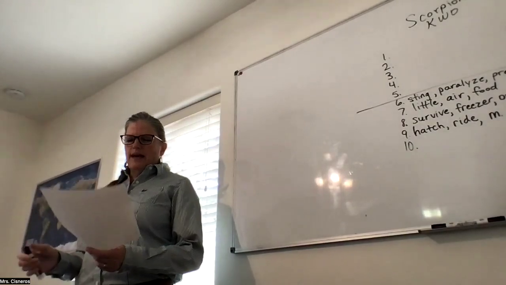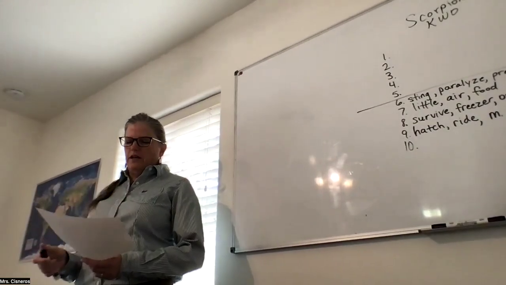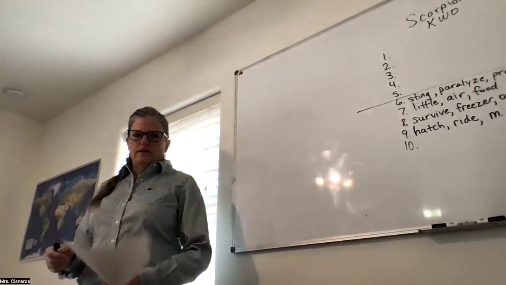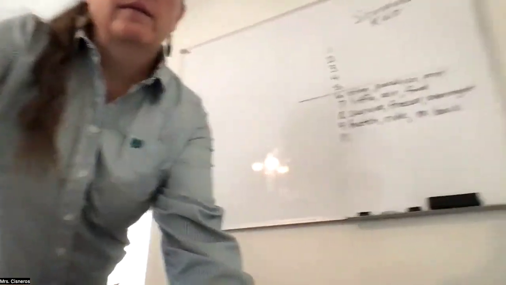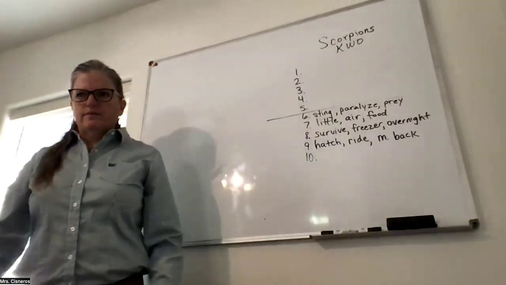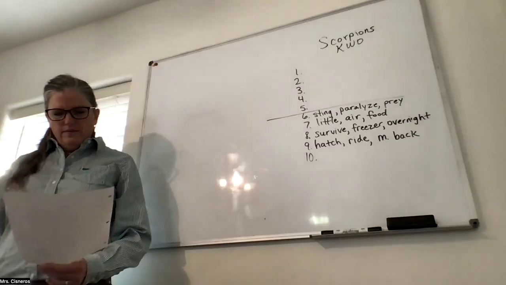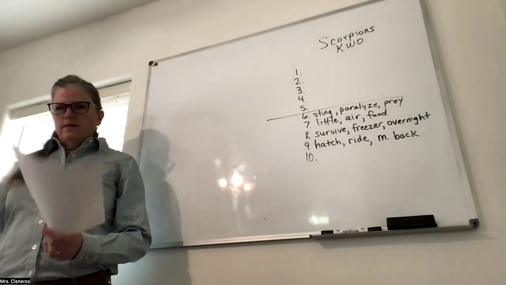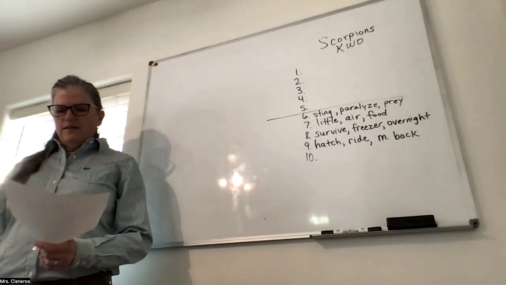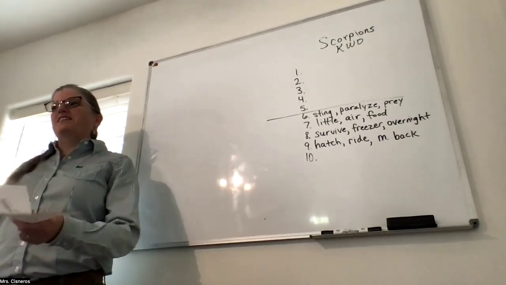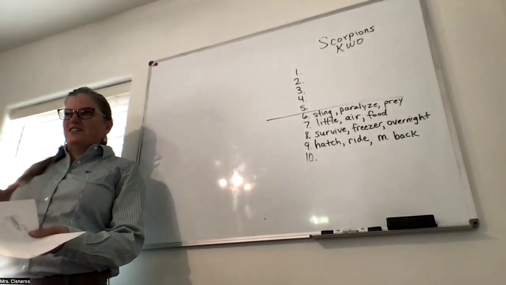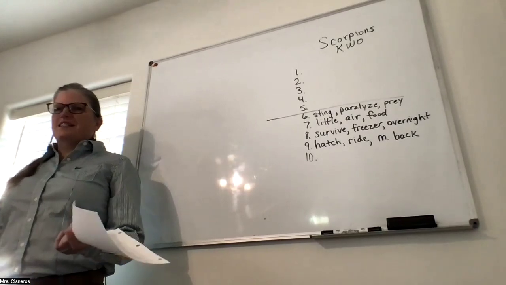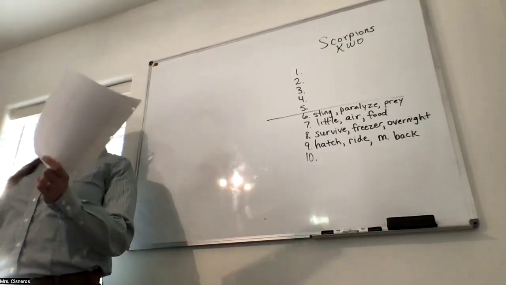Grayson, how about you read the last sentence? It starts with in China. In China, giant scorpions, grilled or fried, are sold in good shops and eaten as a delicious delicacy. Delicacy, but it does have the first few letters like delicious. That's true. Yes. What is delicacy? Who remembers what that means?